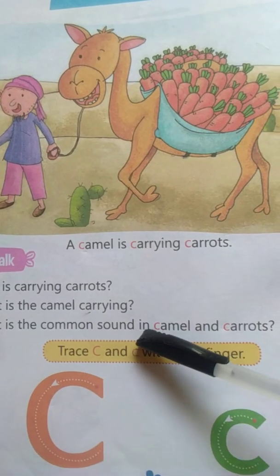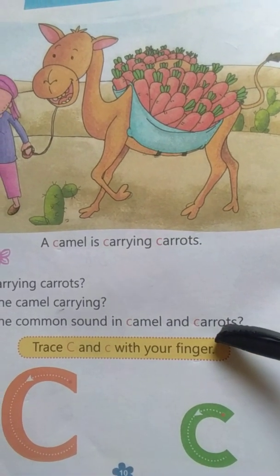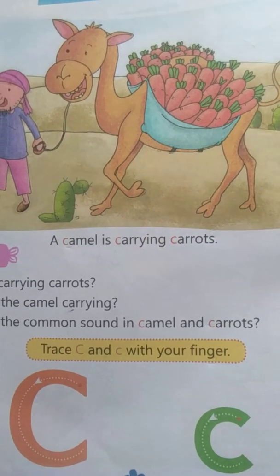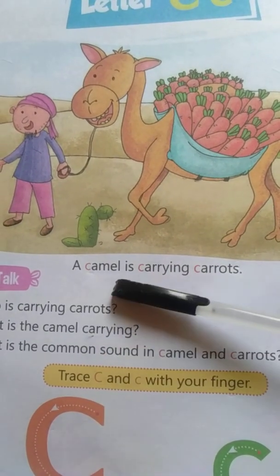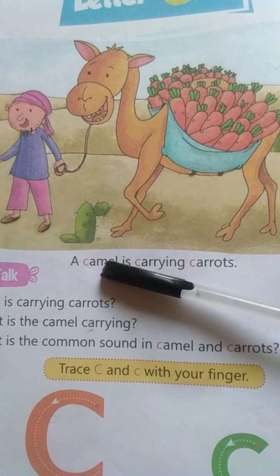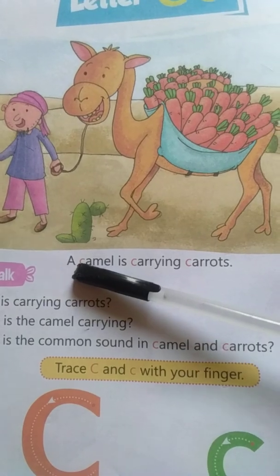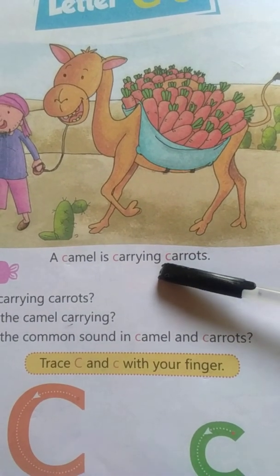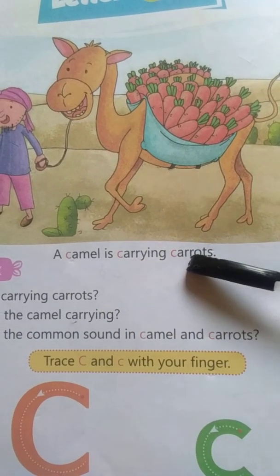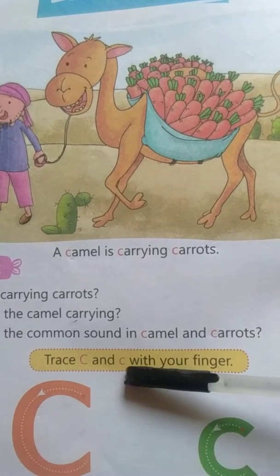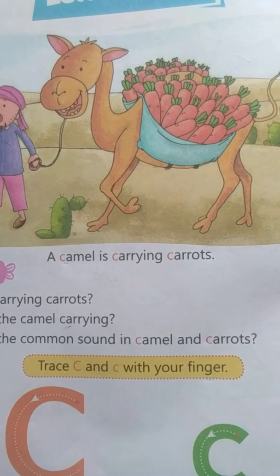What is the common sound in camel and carrots? So children, what is the common sound in camel and carrots? C. You can see here in camel the beginning first letter is C, and in carrots the beginning first letter is C. So camel and carrots have the common sound C. I hope you have understood. So now next,